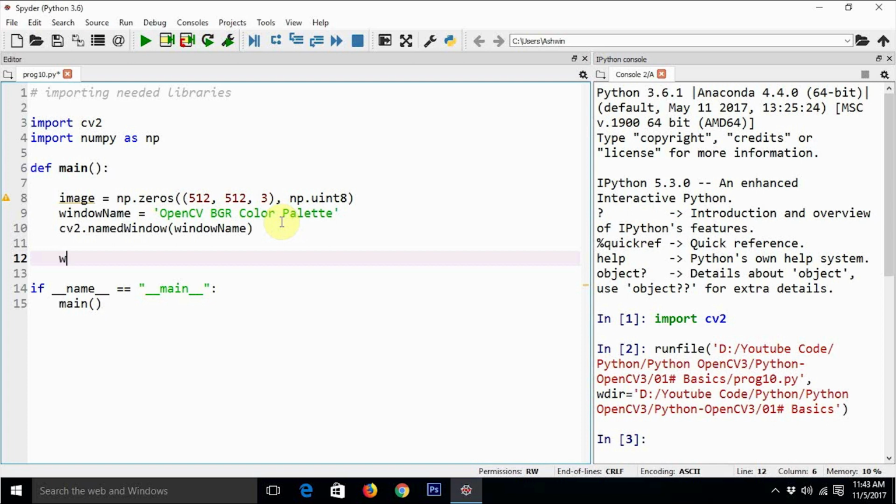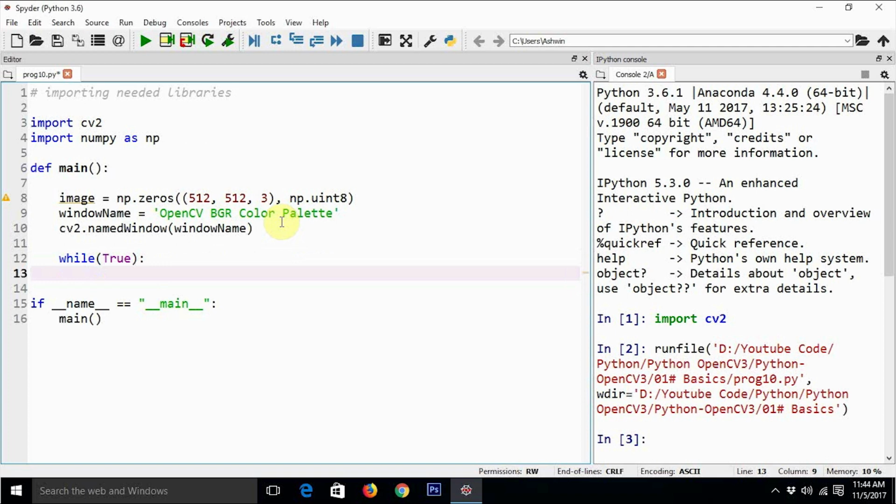And now we are going to use an innovative technique which is used for displaying anything continuously on the screen till we press the escape key. So while True, we are going to display the image, cv2.imshow of window name, and the image. Now let's save this.